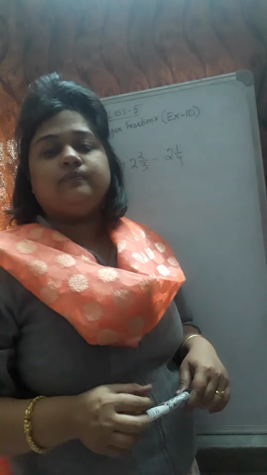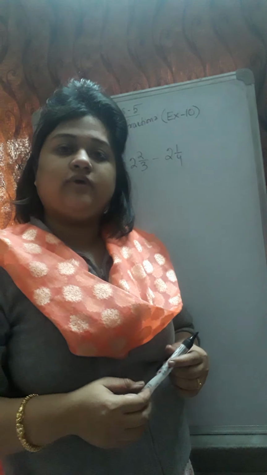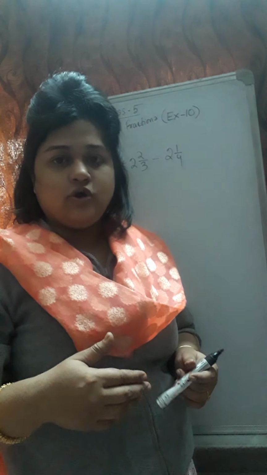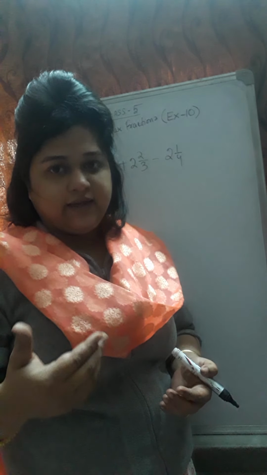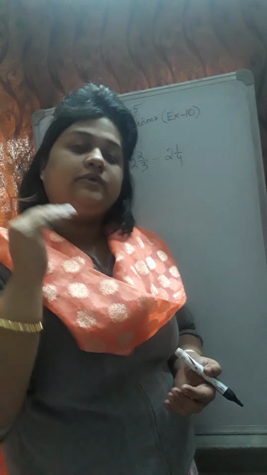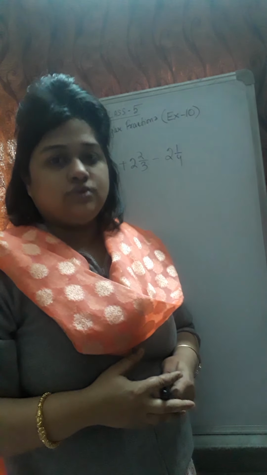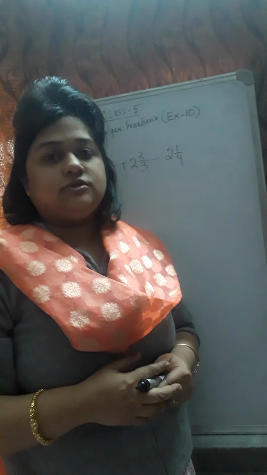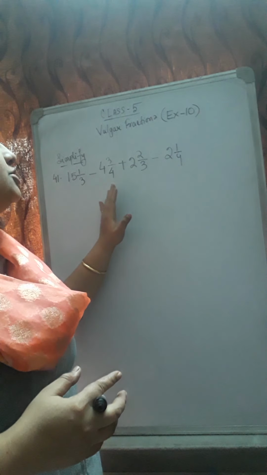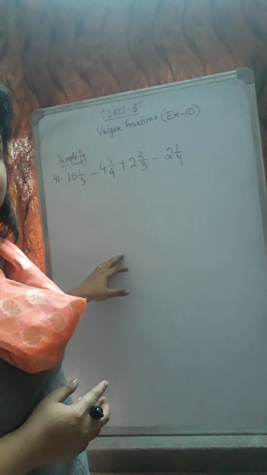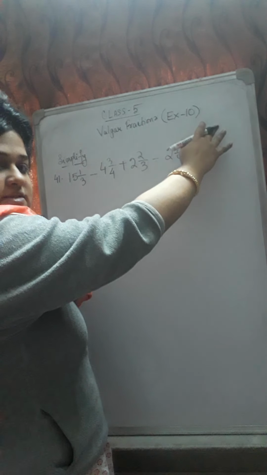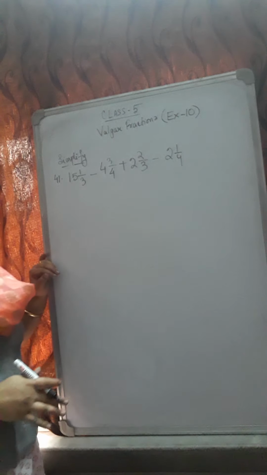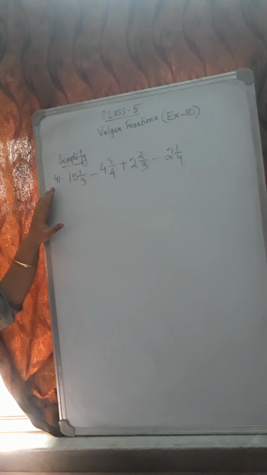Class 5, we have already started with vulgar fractions, and I have done exercise 9 as well as 10, addition and how to do the subtractions, in both video and live class. Now subtractions and additions both together come in simplification. So today, in vulgar fractions exercise 10, we will do the simplification part, the sums given after sum number 40, sum